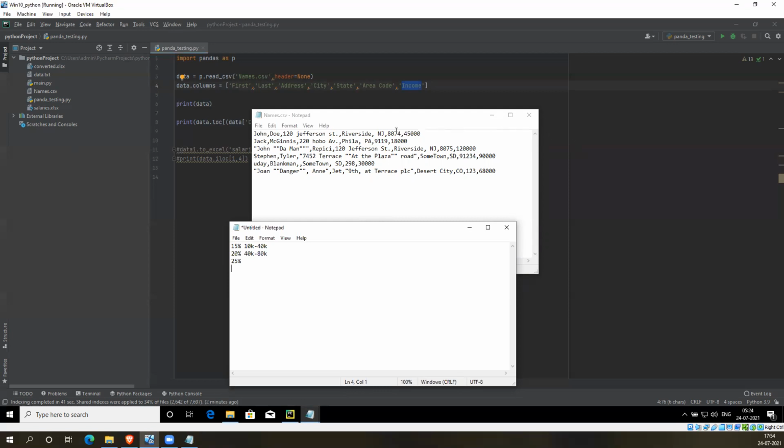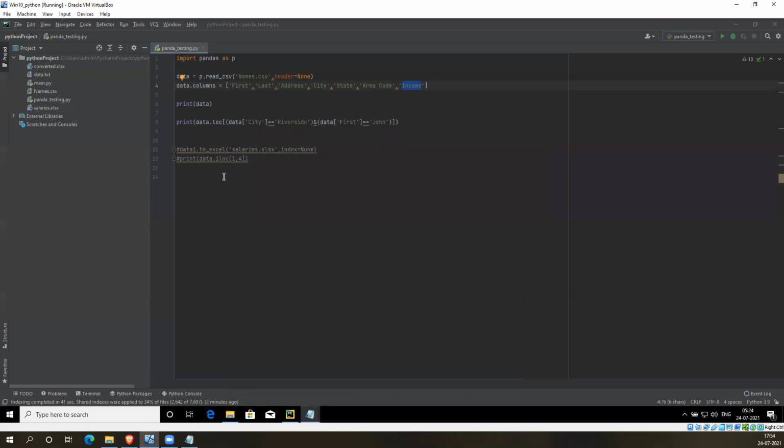So for this one, the last field is the income, right? So I will create one more column for this one. So till here the data will get printed. Indexing this one.